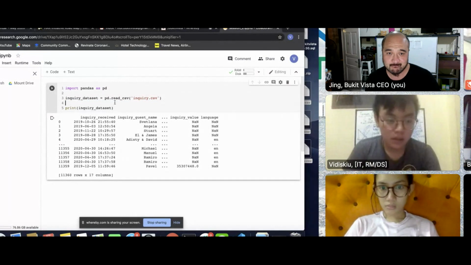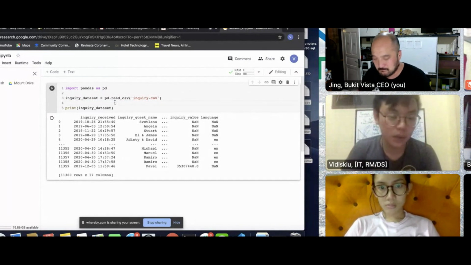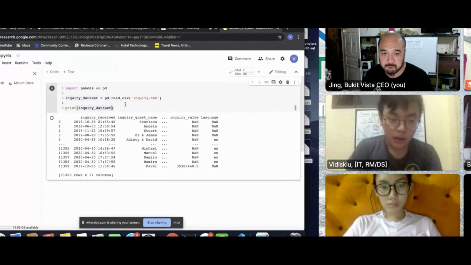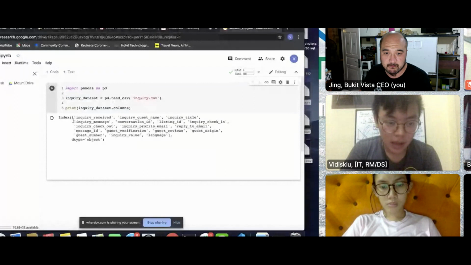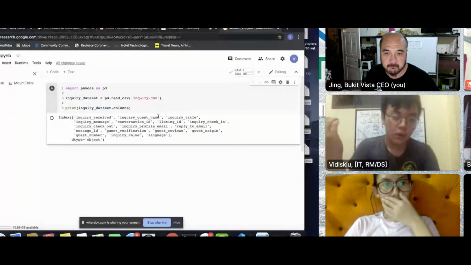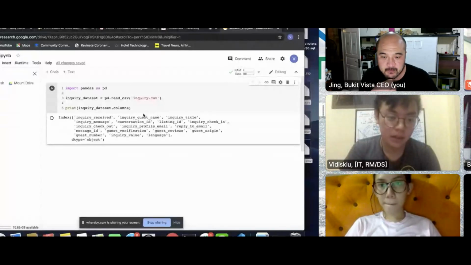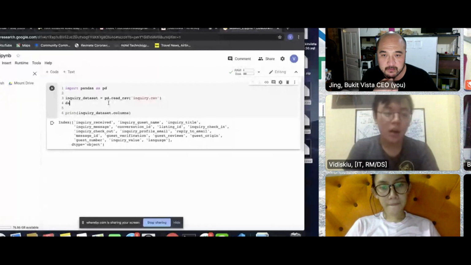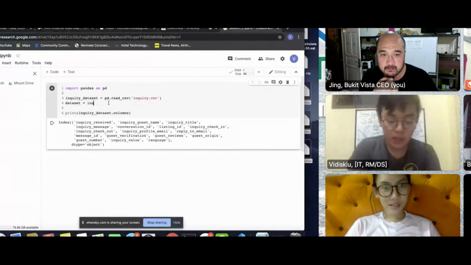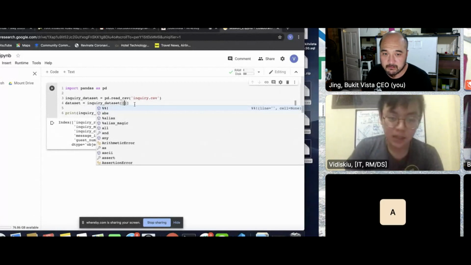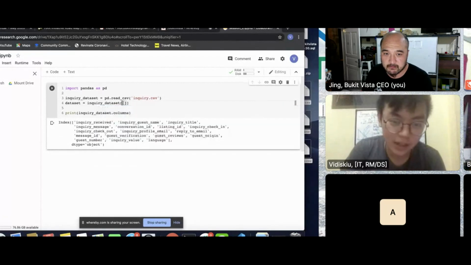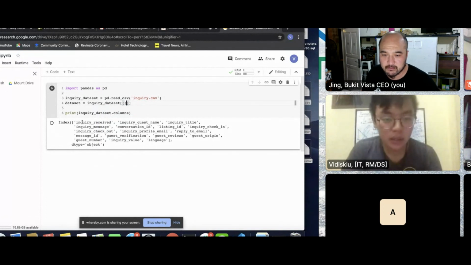But I don't want all the file. Sometimes I just want maybe one column, two columns. And how do I know the content of the columns? By printing inquiry_dataset.columns. Then I will get all the column names, right? So now I have to pick what columns do I need in this kind of operation. So I'll say, okay, I want my dataset to be equal to inquiry_dataset, and I will slice it. Mind these two square brackets, because it's a list. I want a list, and a list is always enclosed with a square bracket. A list of names. So I want, okay, I'll say I want inquiry_received, let's say,